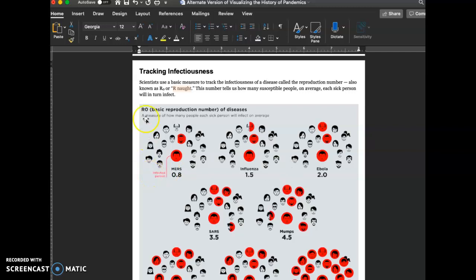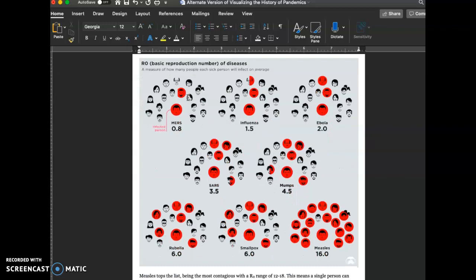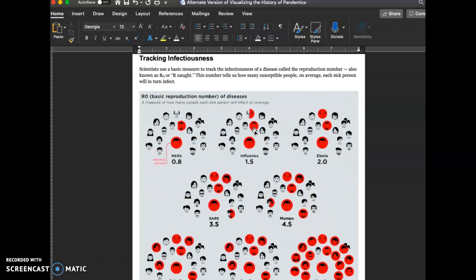They talked about this number at the beginning of the COVID-19 pandemic. They were telling us that on average, if someone gets sick with COVID-19, they could infect 2.5 people, if the population is unvaccinated. They get that number by a series of statistical analyses and just plugging in data to generate this number.